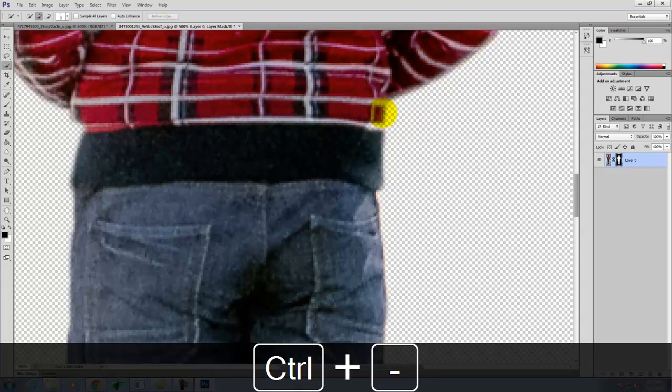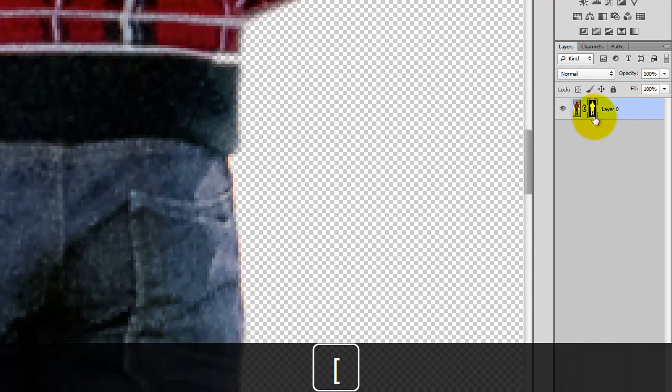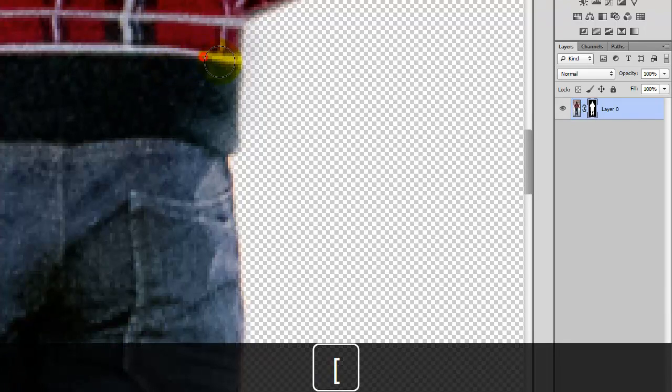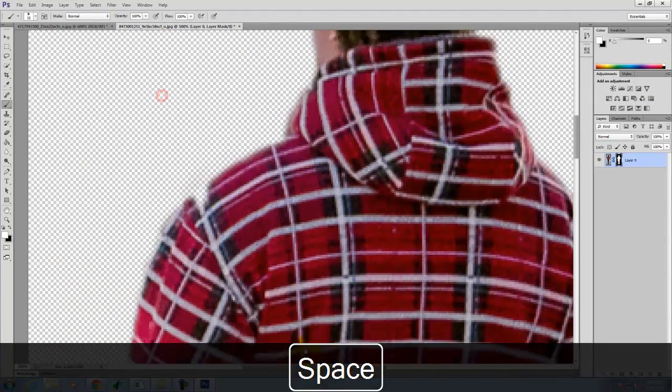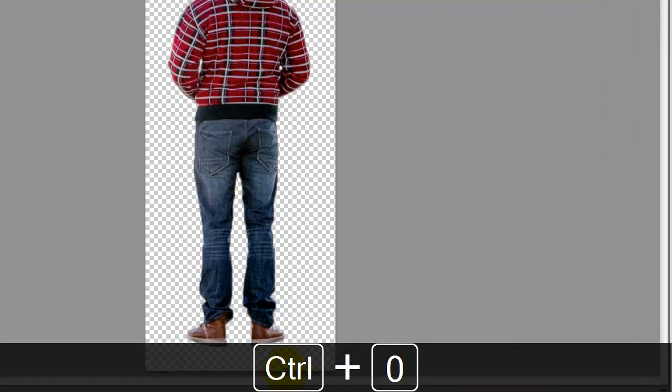See where I have background showing through? I have the checkerboard. I want that back. Because I created this with a mask, I can use the paintbrush with white as my color. Make this smaller. On the mask itself, I can paint back in the solid piece. Like that. So I can actually fix it after the fact. If I find something that I don't like on that edge, we can fill back in the edge of the person. This is a much better strategy for actually cutting out the person. We've got a little bit of feathering in the hair, which is important. That's how hair works. So I'll go ahead and press Control 0,